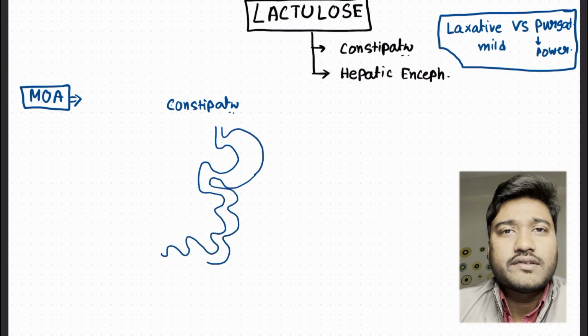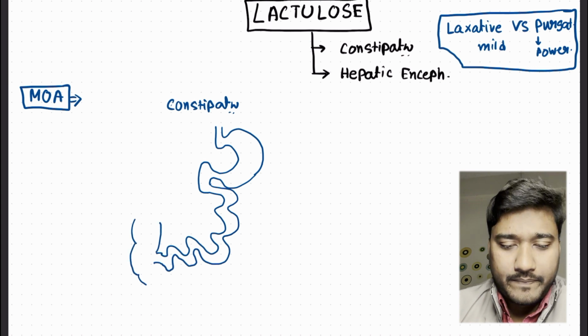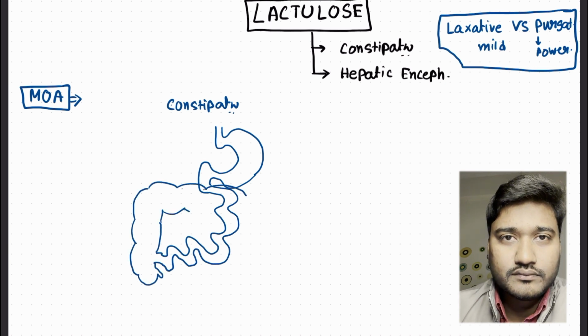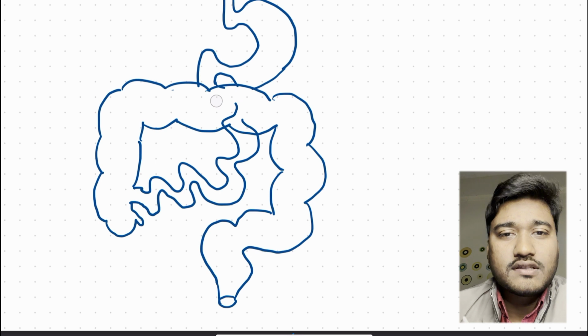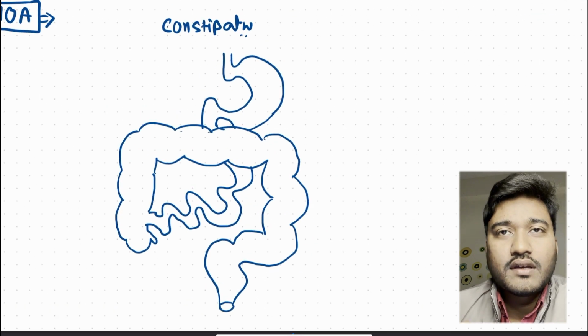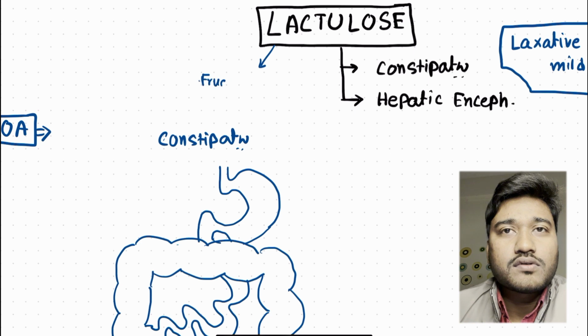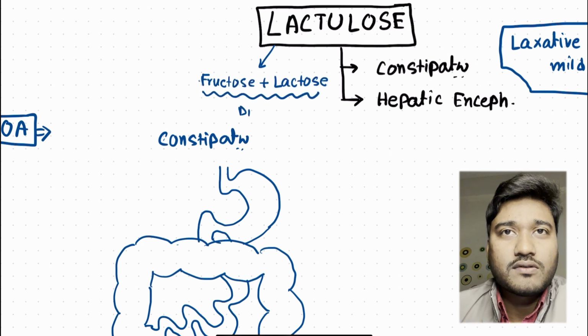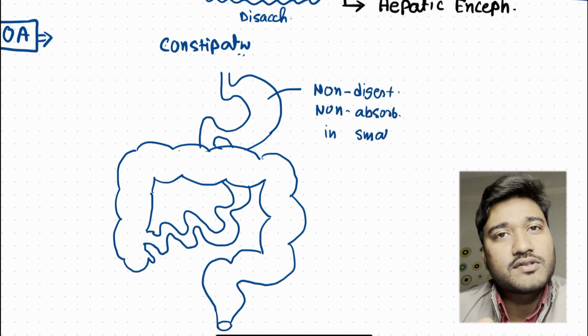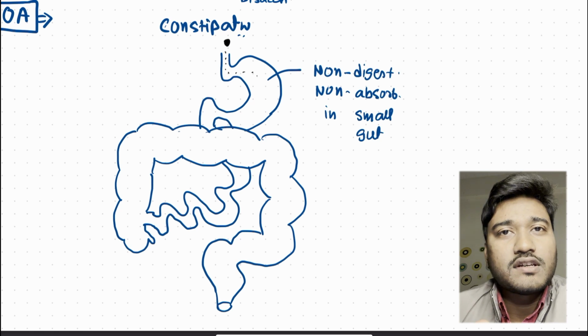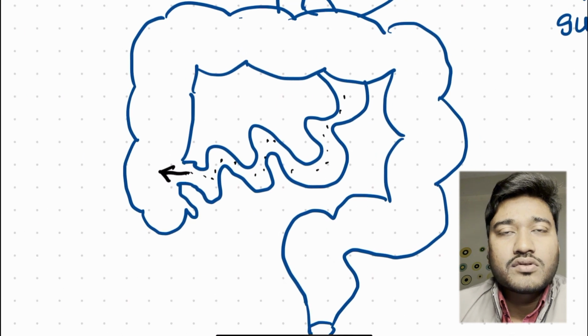So this is your GI tract. Actually, lactulose is a disaccharide. This is a combination of fructose as well as lactose. Lactulose is basically a disaccharide which is non-digested as well as non-absorbable in the small gut. So from the stomach to the small intestine, lactulose is neither digested nor absorbed. In this undigested, unabsorbed condition, it is delivered into the colon, that is the large intestine, where you can